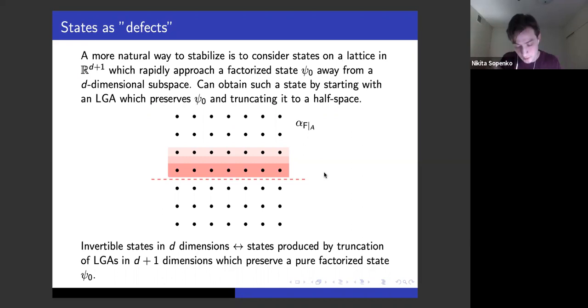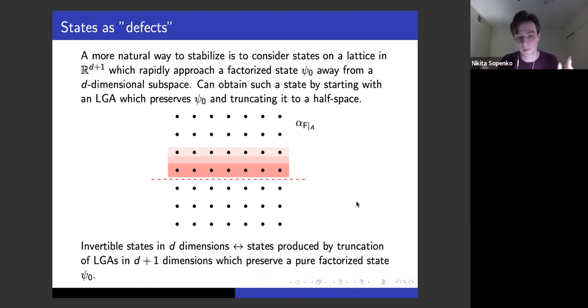Well, so it produces some state which is actually invertible. And the reason why it is invertible is because we can consider another truncation to a lower half space. And then the composition of the two sides, well, these states will be completely decoupled from each other, but their composition can be disentangled by the following expression. So it's alpha times the inverse of the first truncation and the inverse of the second truncation.